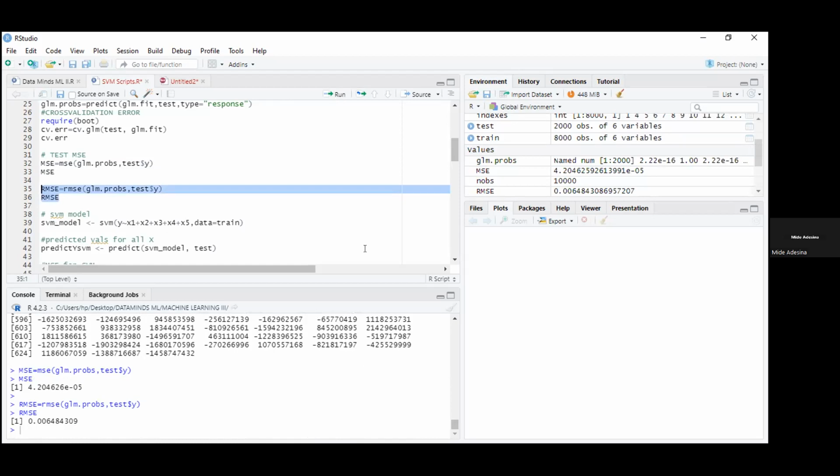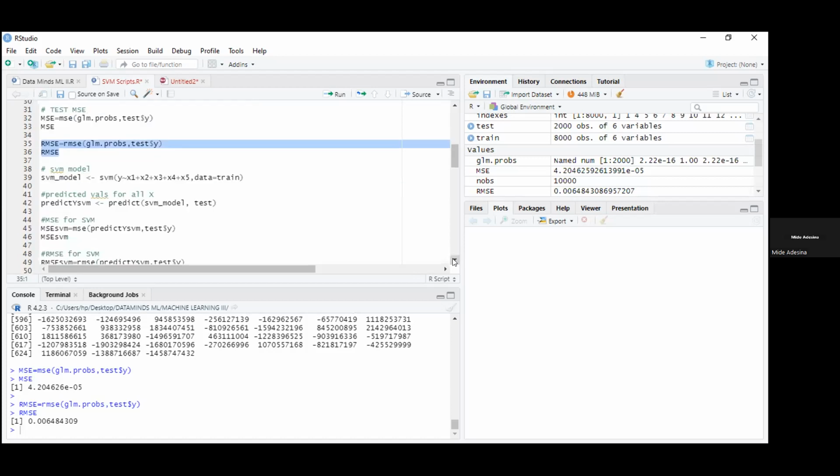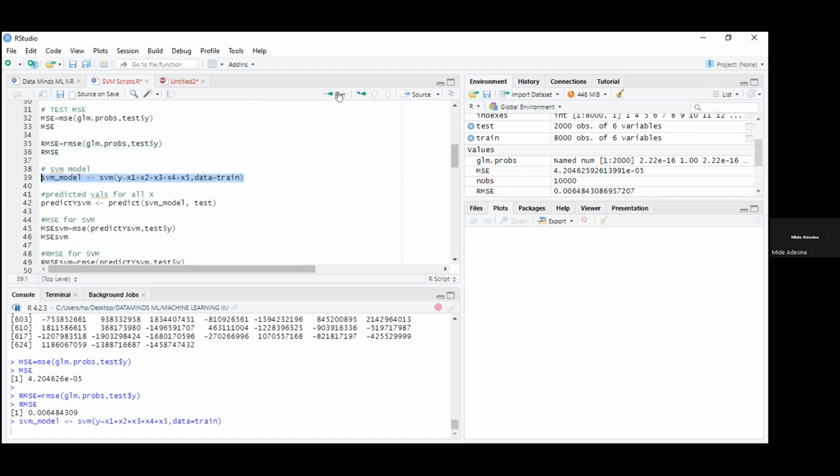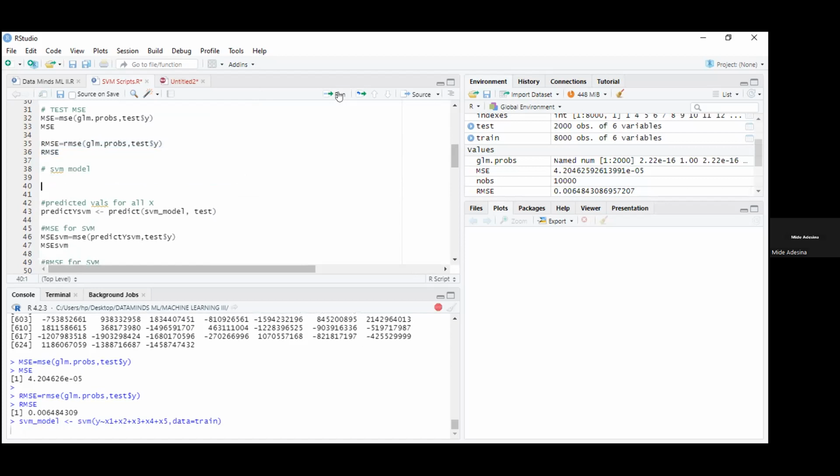Now let's look at the SVM, support vector machine. For support vector machine, we use that same model, and our data is a training set. So we can run it. We can run our SVM. I think R is a bit slow. So if we run our SVM model,